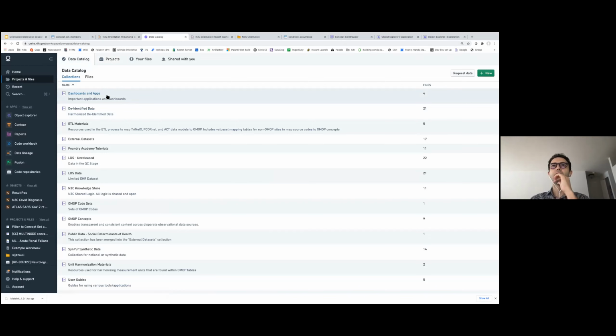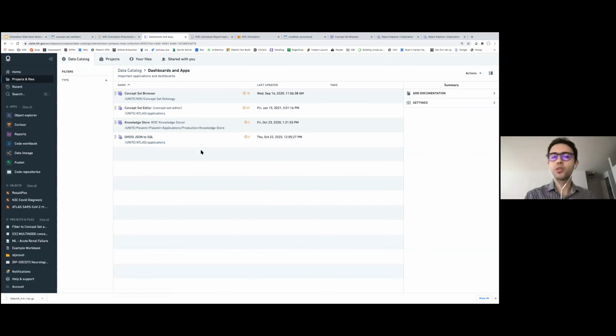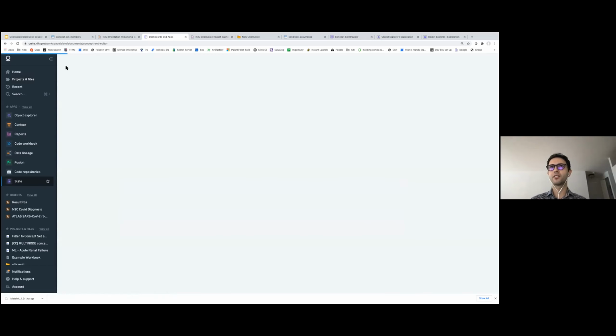In dashboards and apps, what I wanted to show is, in case the concept set you're looking for is not within the concept set browser, you're looking to define a new concept set, or you want to start with an existing concept set within the browser but refine it by adding or removing concepts, we've developed a tool for that, and that tool is called the Concept Set Editor.